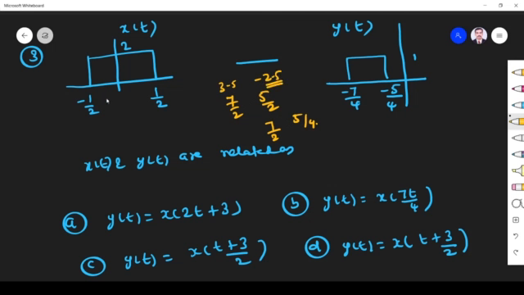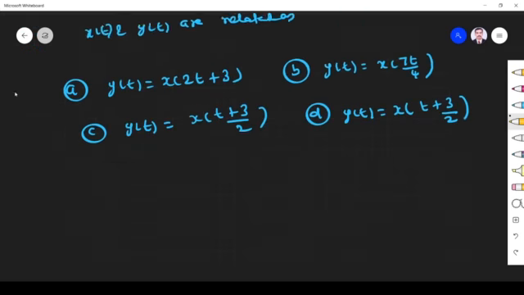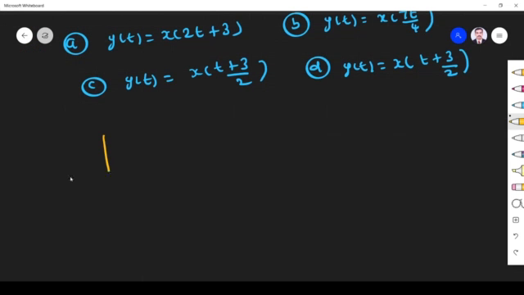So what happens, you see the gap is 1. So this minus 0.5 should have gone to 3.5, and 0.5 should have gone to 2.5. That's what, here also the gap is 1. So it should have been shifted by 3 units left. So 3 units left means it will be x of t plus 3, right? So this is x of t. Let me draw it. X of t,